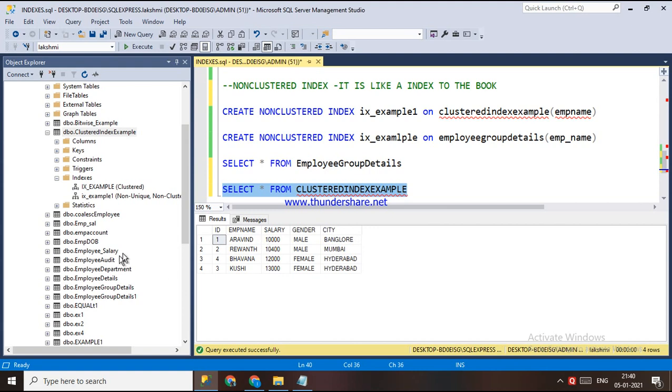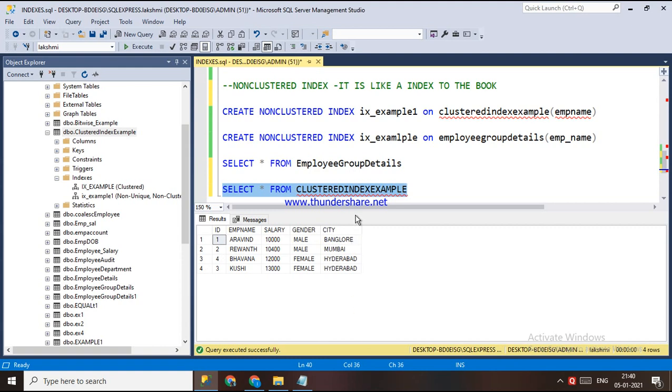So it has searched the clustered index and the non-clustered index also. Both indexes are saved. About the clustered index, I have explained in the previous video.